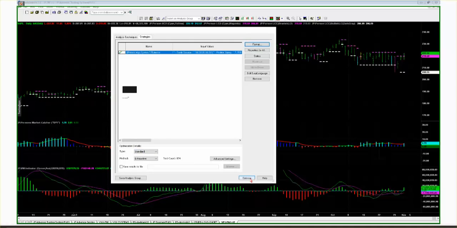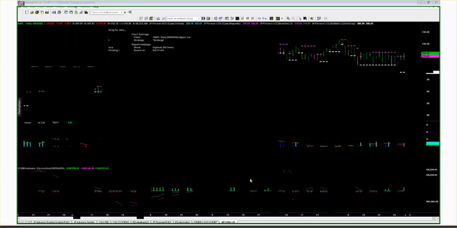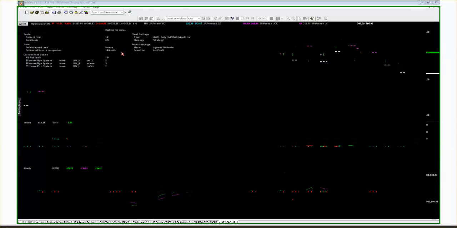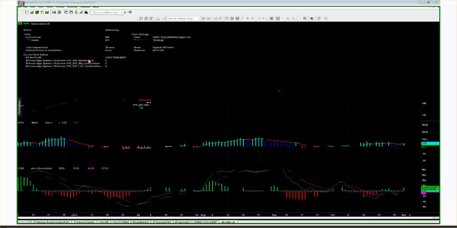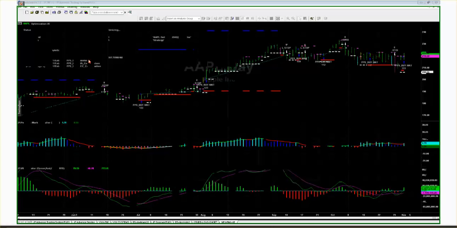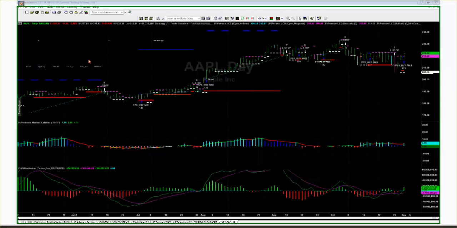Now we're going to optimize the whole thing. We're just starting to build a buy-only system. This is going to give you a total elapsed time. A lot of you didn't know that you could optimize those types of settings all at once. Depending on how many days or weeks or years back you're doing, and if we're only doing buy signals. If I ran that type of optimization for buys, sells, high and low close doji, it might take 5 hours. And as you can see, here's what the system came up with, long only.